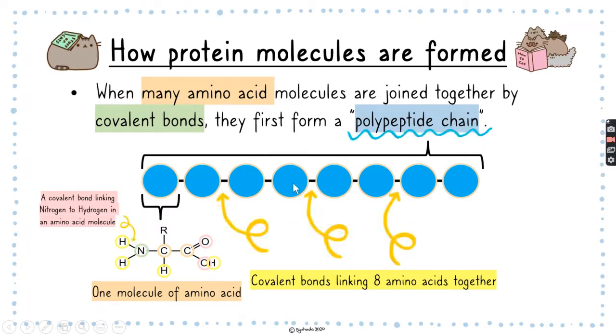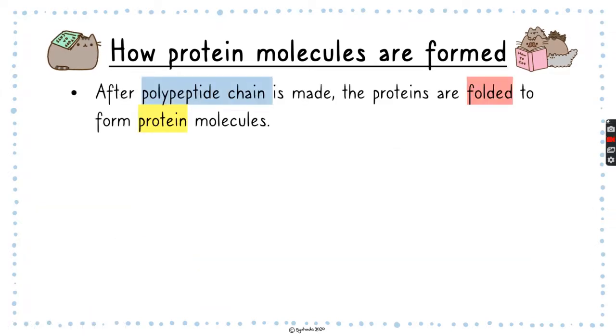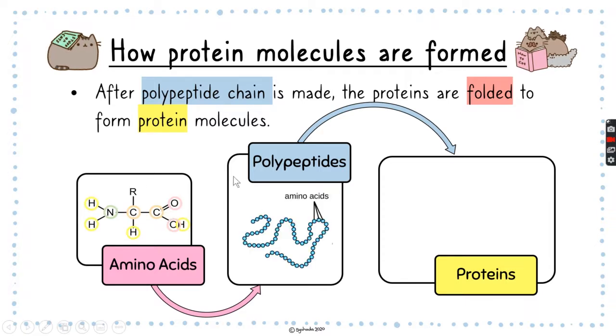And when bonds are formed, actually in between here, there's chemical energy that is stored in between all those bonds. So after a polypeptide chain is made, the protein is then folded to form protein molecules. So imagine it kind of like doing origami. So you have firstly amino acid molecules, and when you have lots of them joined up together, you get a polypeptide chain. And if you make an origami of this and you fold them into a 3D shape, you call that